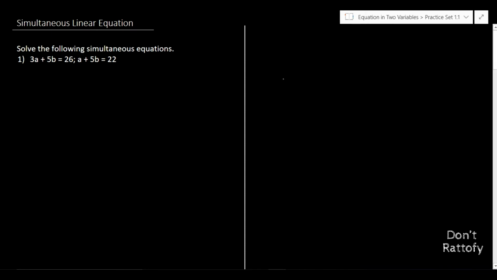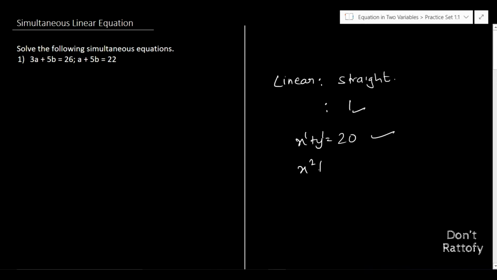I forgot to mention what we mean by the term linear. The term linear means straight. In geometry it means straight, but in algebra it means any equation whose highest power is 1. If you see the first example here, the power of a is 1, the power of b is 1. If I write the equation x plus y is equal to, let's say, 20, here the power of x is 1, the power of y is 1, so the highest power is 1, so this is a linear equation.